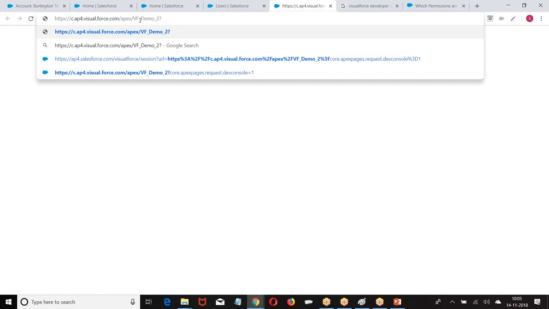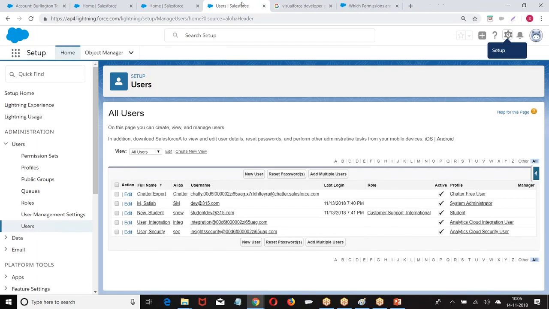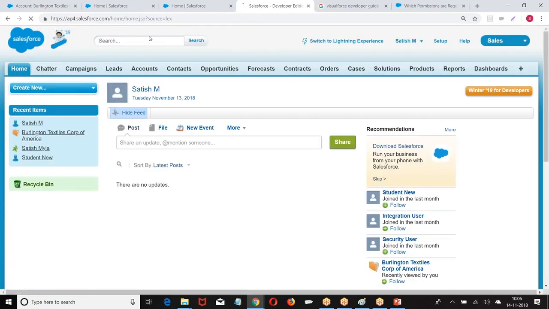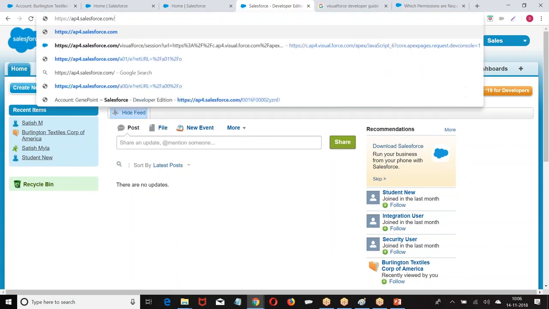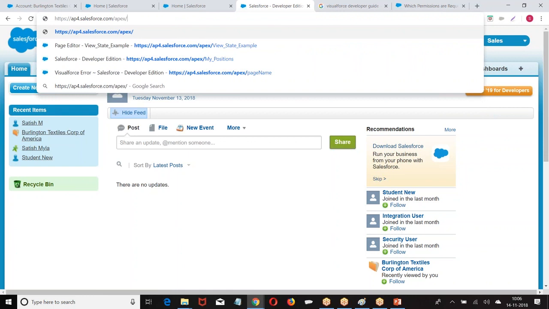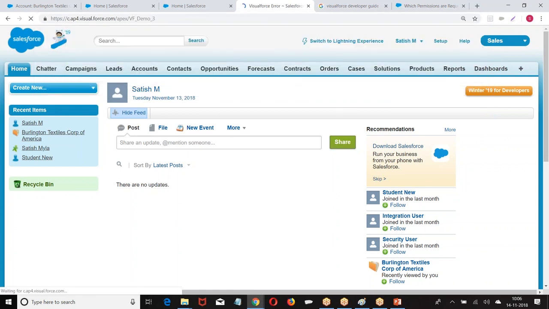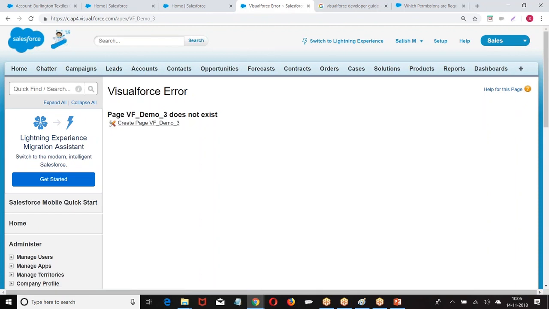I'll try to give an example here. VF page demo 3. The page was not existing.